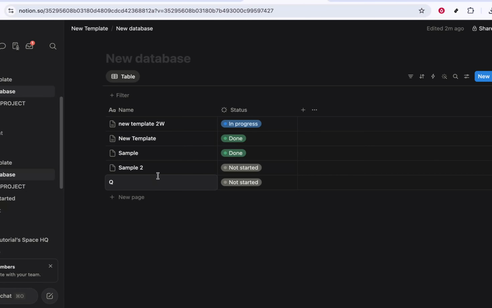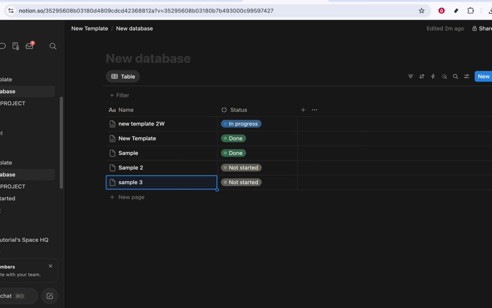In today's video, I'm going to teach you how to filter status in Notion. Filtering by status is one of the simplest ways to turn a long, messy database into a clear, focused view of just the items you care about. Maybe you only want to see tasks that are in progress, or only items that are blocked, or only the things you've already completed. I'll walk you through how to set that up step by step using Notion's built-in filter